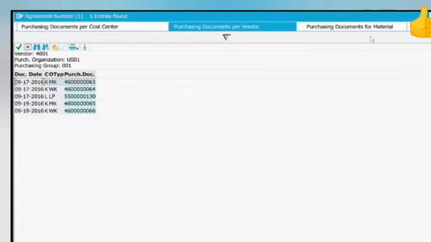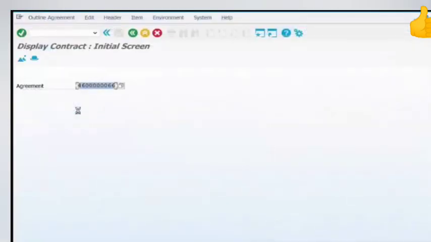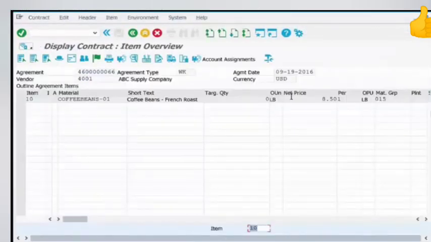You can just double click it like so, right? Double click and hit enter, and you'll see the